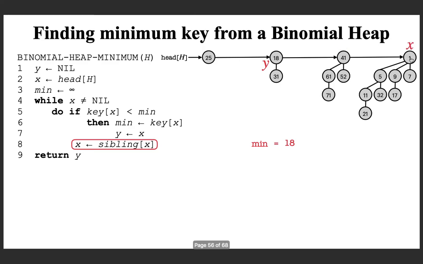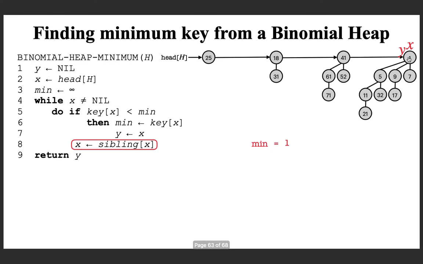Going up, x is not nil, coming down and checking whether the value of x, which is 1, is less than 18, which is true. So you come down and update minimum as 1, the value of this node. Moving down and copying the address of the minimum node to y. So y will come and point to this node.